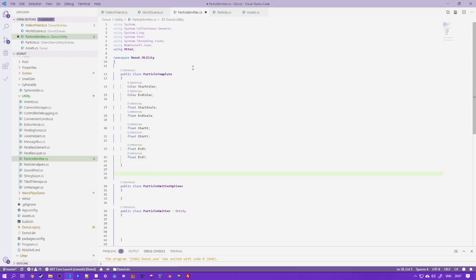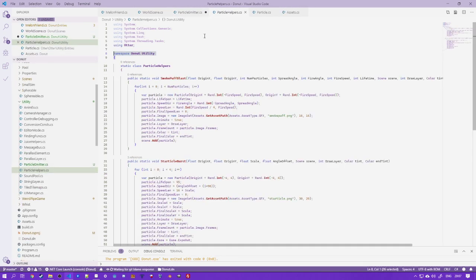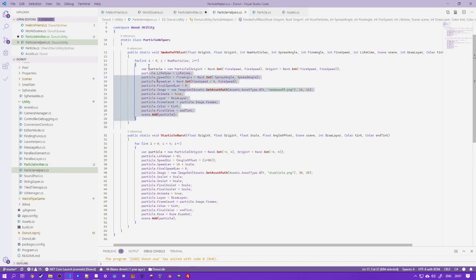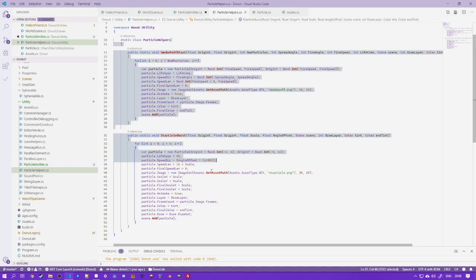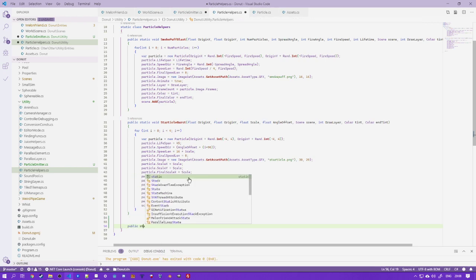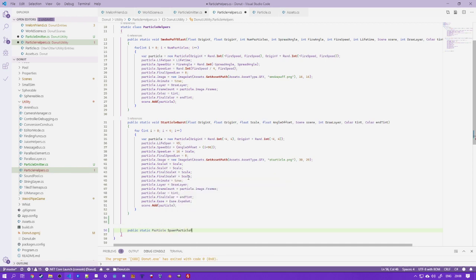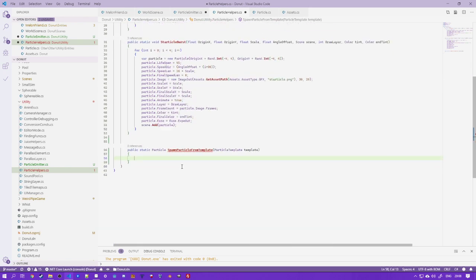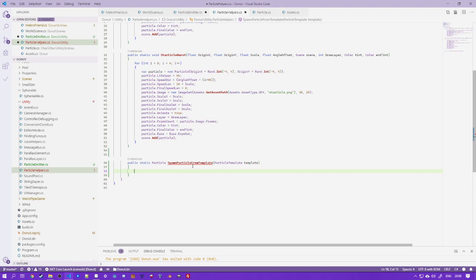Then I can put a little helper in my particle helpers. These are the ones that just make and shoot out particles, like the smoke and the stars. So this isn't really so much of a helpers class as it should be, but now I can make a spawn particle from template, and I can pass in a particle template in there, and I'll make a new particle,